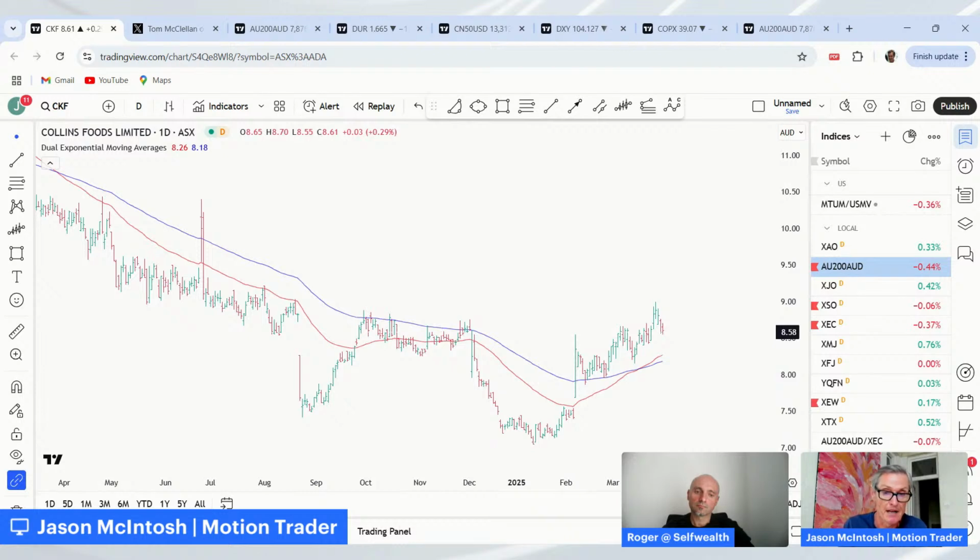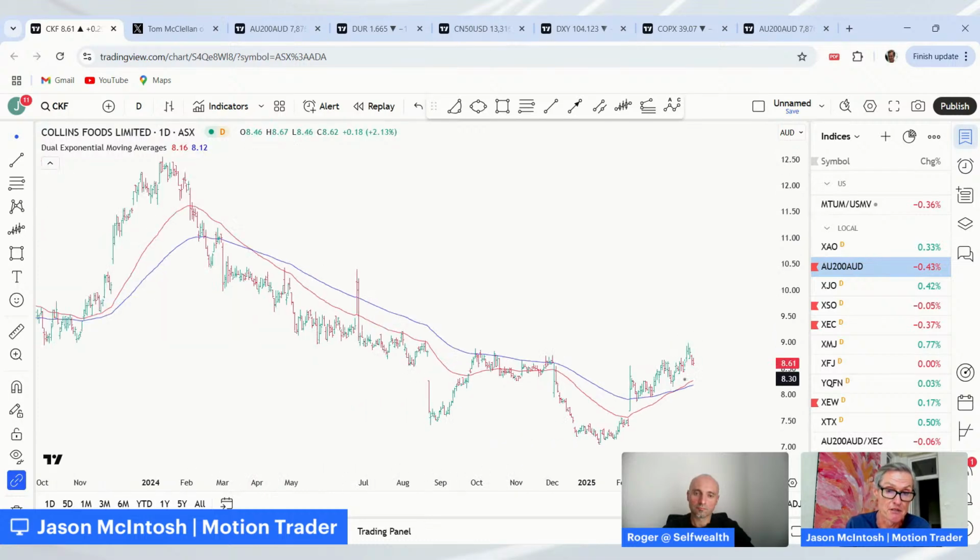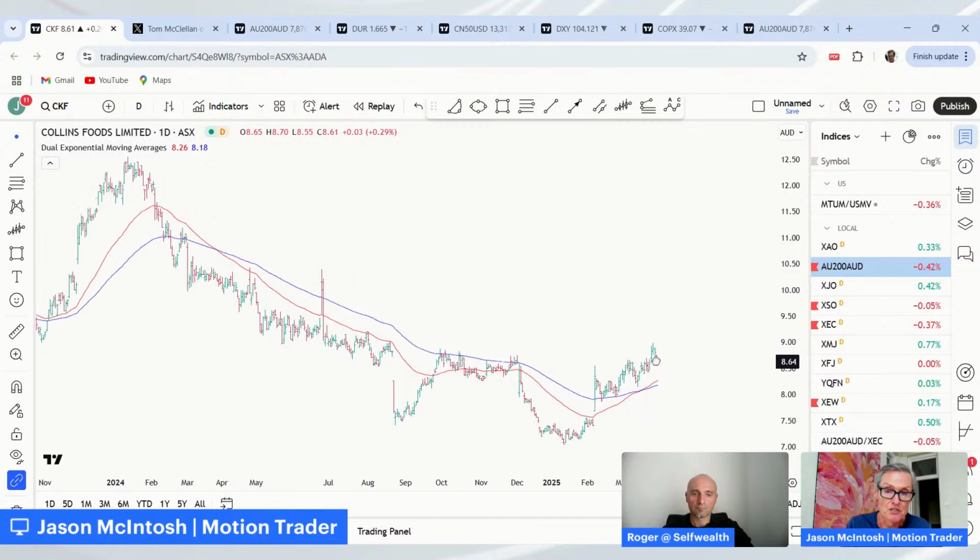I'd consider taking this one. I won't in CKF because I'm focused more on the smaller end of the market. This is a bit larger, but it does have that initial criteria. It's going against the grain of the market. If someone was looking at it now thinking, should I buy it? I'd probably say, if I didn't buy the initial signal, given it has pulled back,